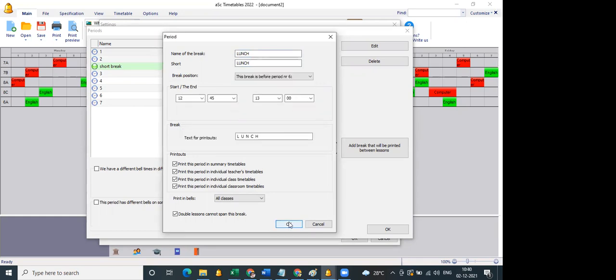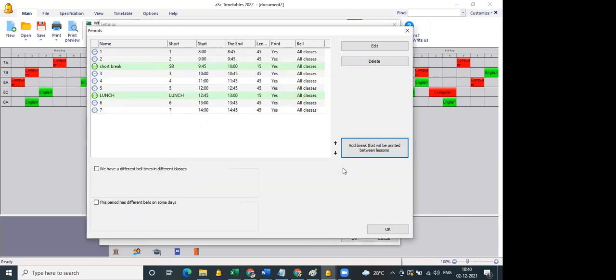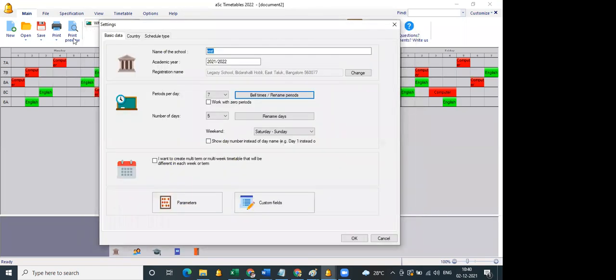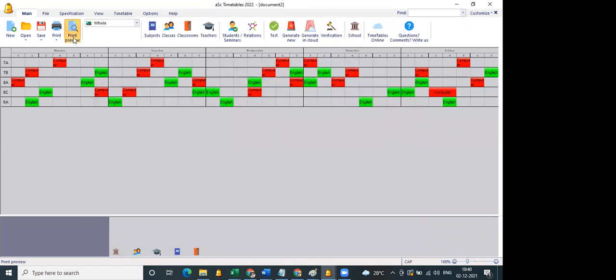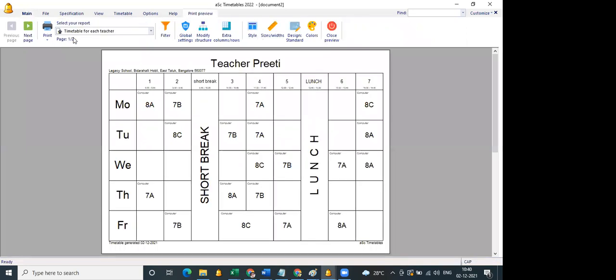So I have added a short break and lunch break. So this has a length of 45 minutes or so. In the print preview, this is how it will be. While adding a general break, but if you're following different breaks, you can add a subject called break,